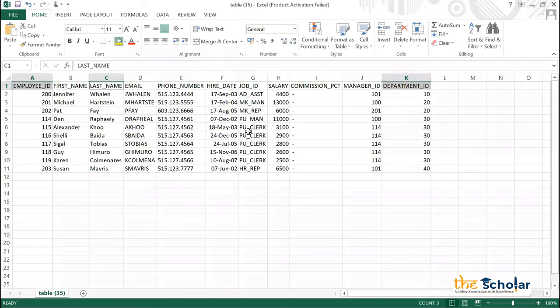For 30, I have these many records. And for 40, I have one record. Now we are saying partition by department ID. That means something is going to happen on the individual department because we are partitioning it.